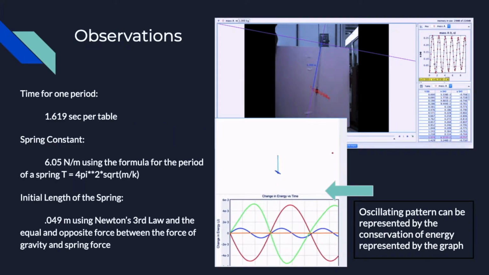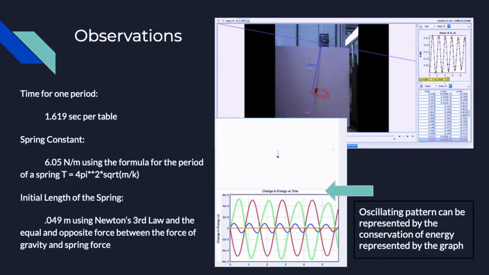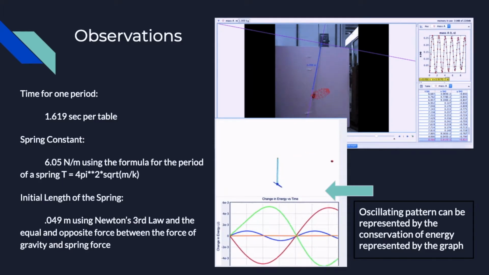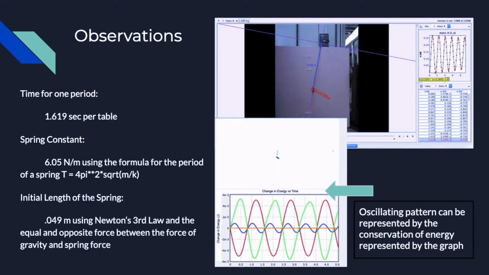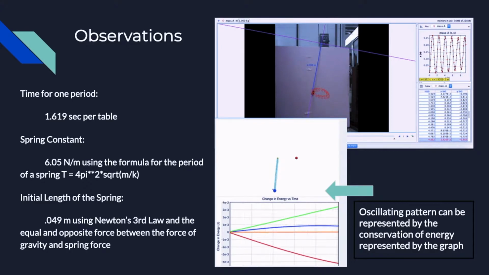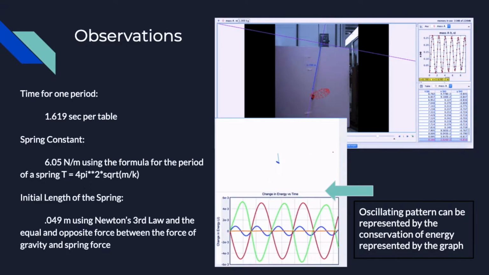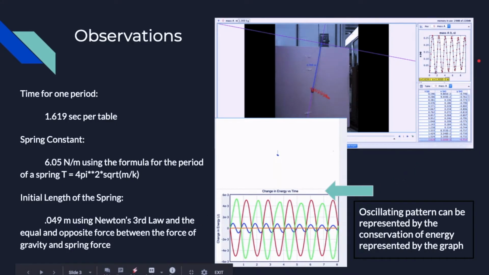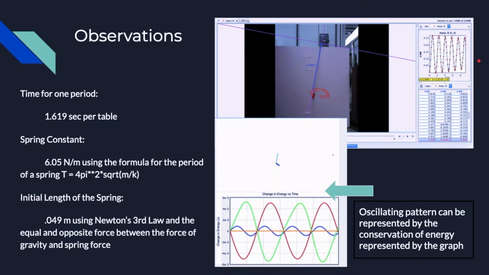Now, according to the observations, we see a difference in the tracker model and the computational model. In the tracker model, the oscillation begins at an angle from the vertical, which means that towards the end, the energy is not completely conserved, and because this is a realistic scenario, we'll see a tail in the amplitude, as you can see in the top right corner of the screen. The tracker data